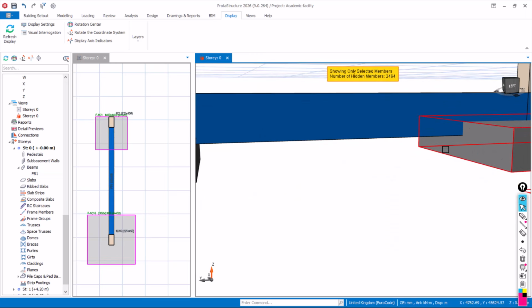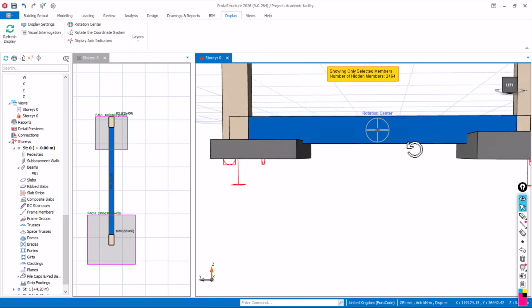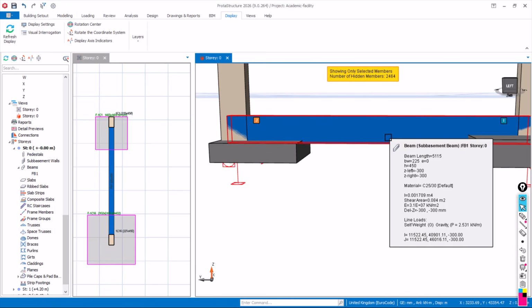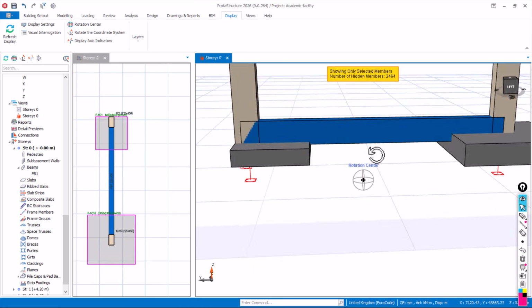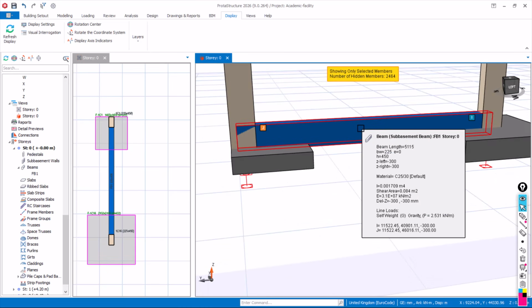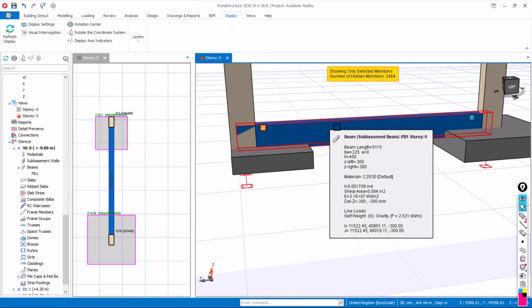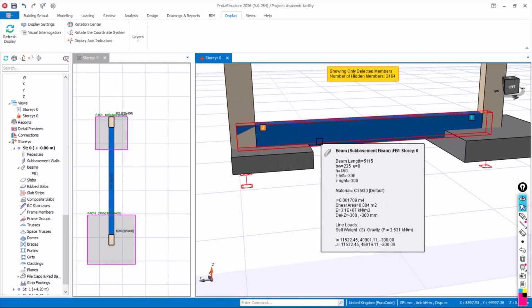So this is how a strap beam is meant to be, so that it will not have any contact with the soil, to prevent it from acting as a foundation beam. Okay, that is fine. So with this now, it is acting as a transfer member, which is now called a strap beam. It is acting as a transfer member, transferring the moment from this column and